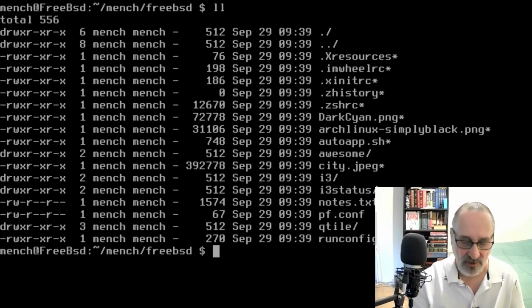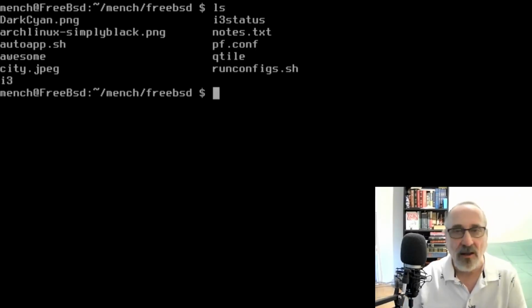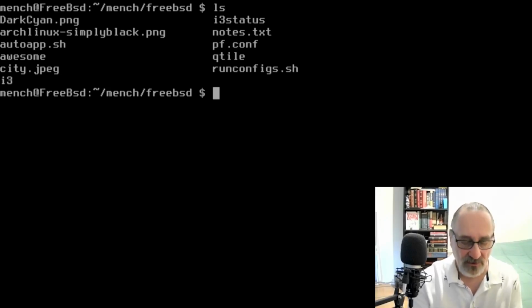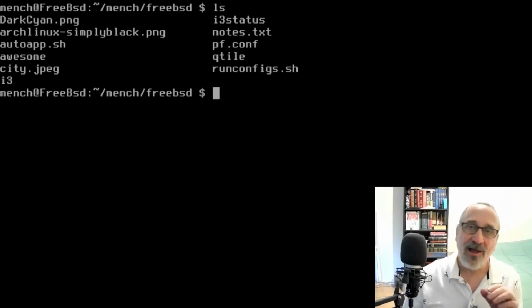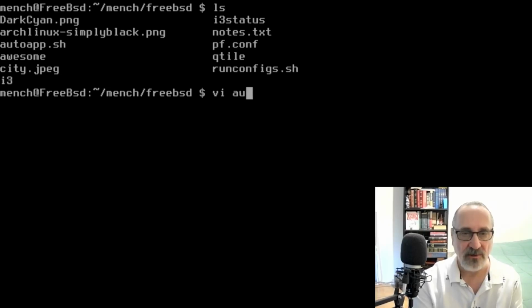And my face is probably in the way. I'm going to clear the screen. I'm going to ls it. I'm going to run my auto script. So Vim is not installed yet. And also another thing, FreeBSD by default doesn't come with Vim or Nano. It only comes with Vi. Now, after the fact, you can install Vim and Nano. I think you can install Nano. I'm not sure. But I know you can install Vim. And so right now only Vi is installed as a text editor. So I'm going to vi into auto